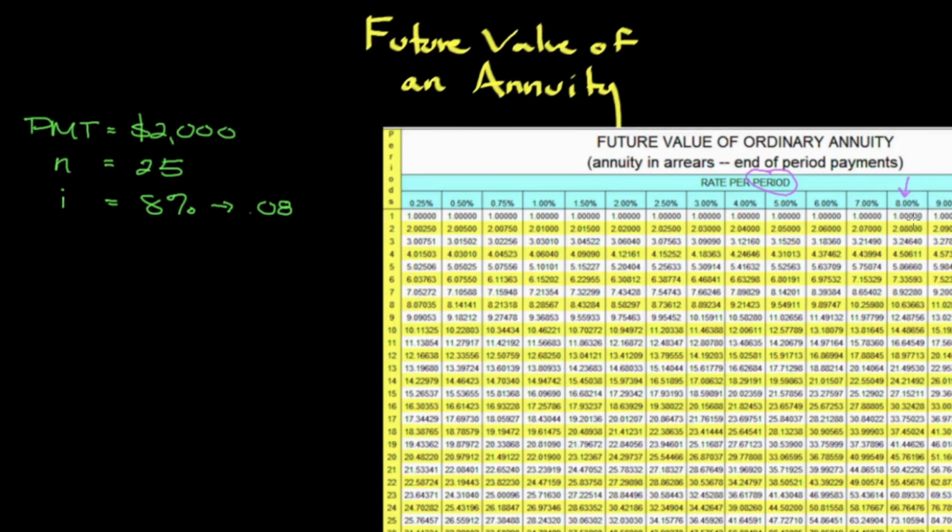Notice there's a column for 8%, which is what we expect to earn. Each row down here shows the number of periods. So this is the length of time that we intend to actually invest this money. So you notice that we can start at 1, and then we can go all the way to 30 years. This really just varies depending upon ultimately how long we're investing. So for us, we know that we plan on investing for a 25-year period, which is towards the bottom of the table. So what you do is you follow the 8%, and we go all the way down until we get to 25, which is the second row from the bottom, and that is